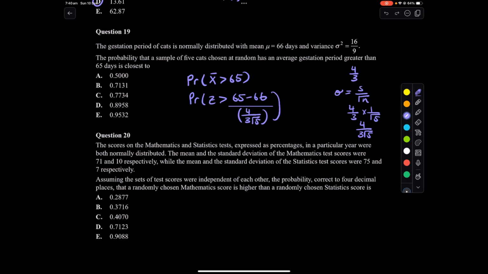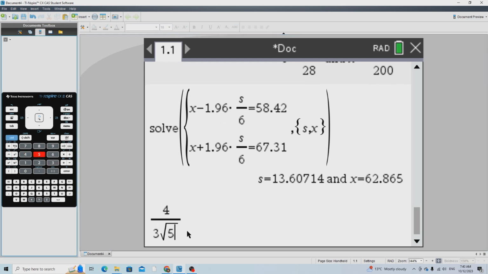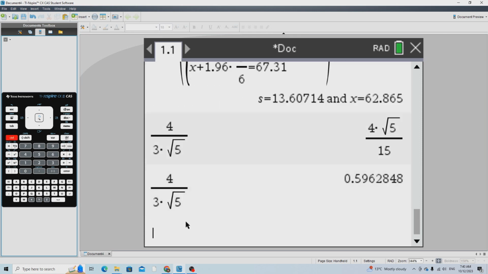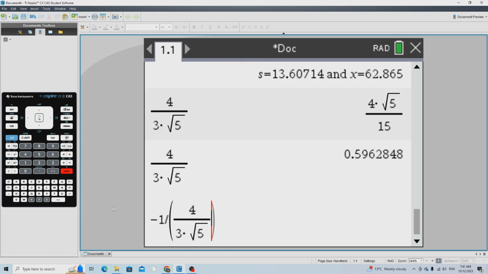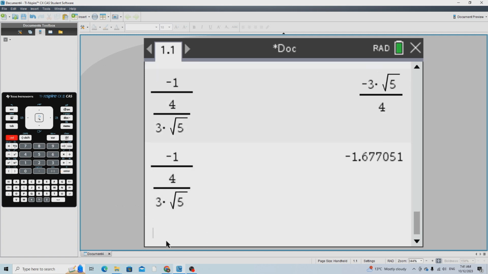So using your calculator, that's what we're going to calculate the probability. So 65 minus 66 is negative 1. First let's calculate 4 over 3 root 5. We get this, and so 65, yeah, that gives me this. We also know it's negative 1, so negative 1 divided by this, which is that. So what we want is this over here to, okay, so we're going to go